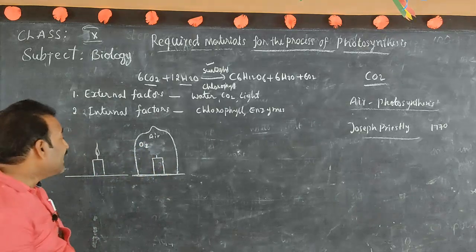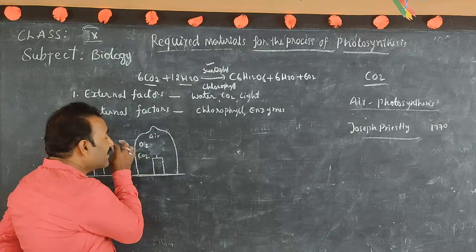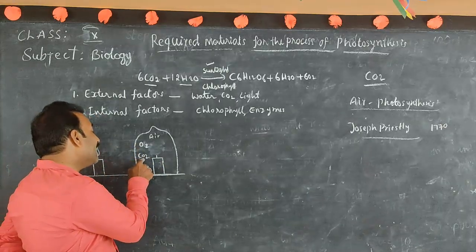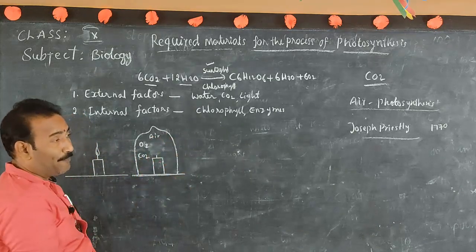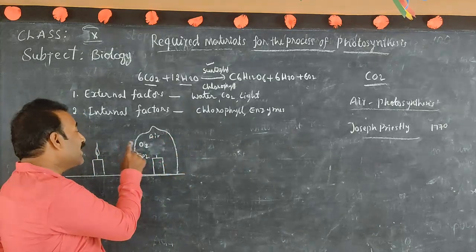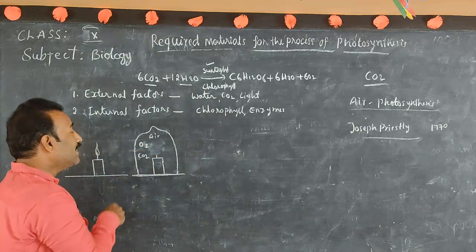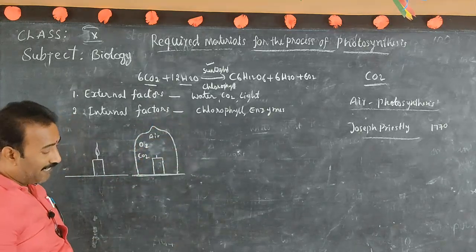And another reason is that during the burning of the candle, carbon dioxide was produced. So this carbon dioxide is also an important fire extinguisher. It can turn off the flame. So the candle was turned off for two reasons: one is depletion of oxygen and the other is release of carbon dioxide.